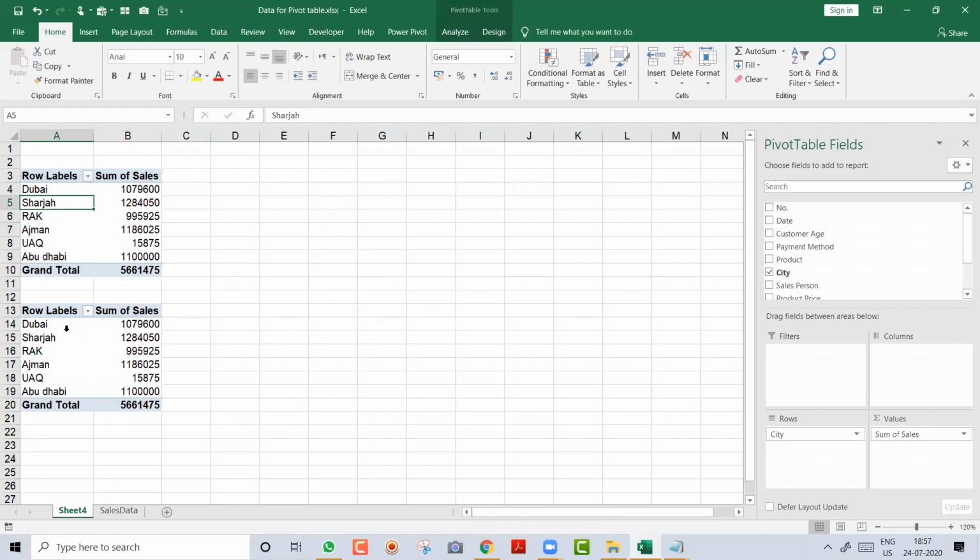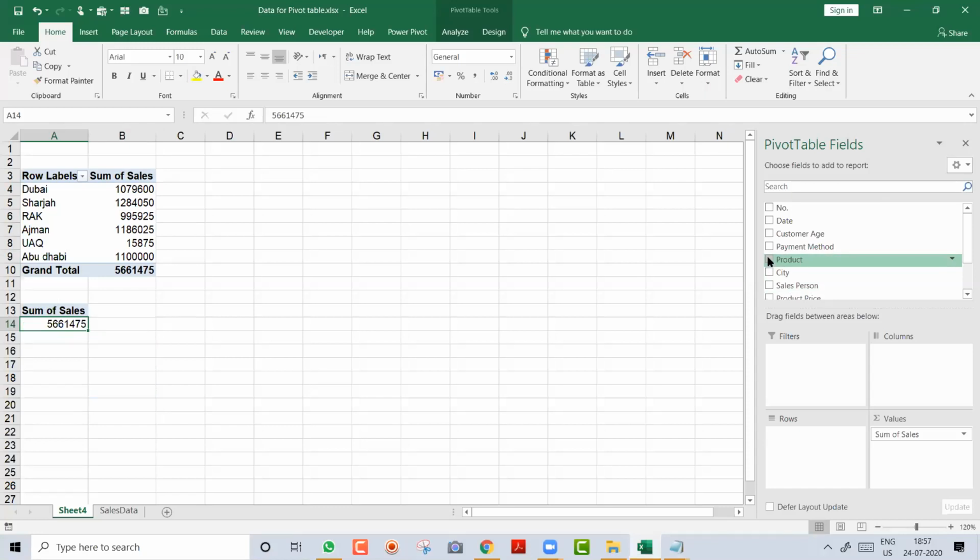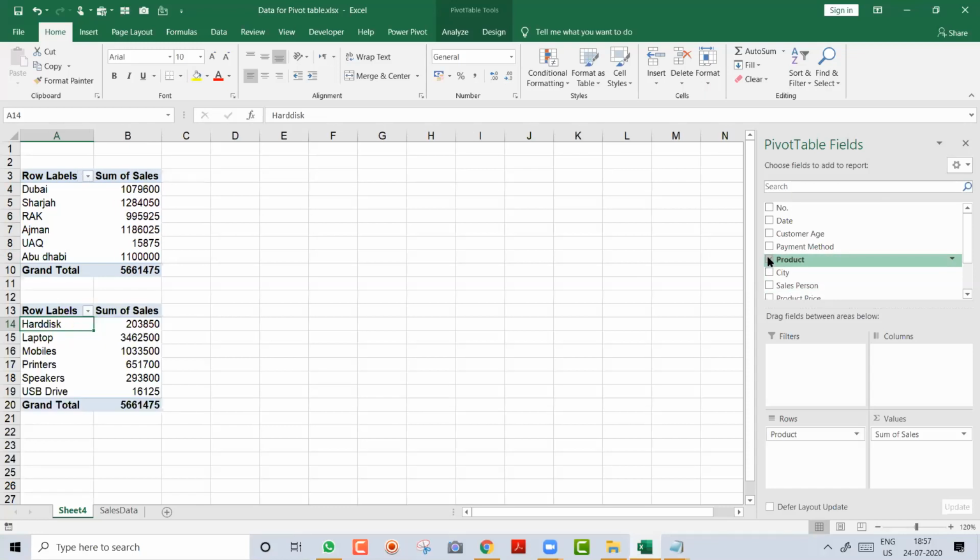But the pasted pivot shows the same Dubai, Sharjah as above, so you have to change the second one. I come on the second pivot, and instead of city, I change to product. I uncheck city and click on product. So on the same sheet, you get one city-wise and another product-wise.